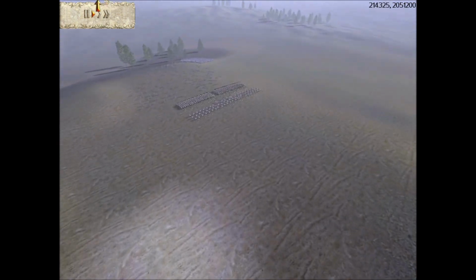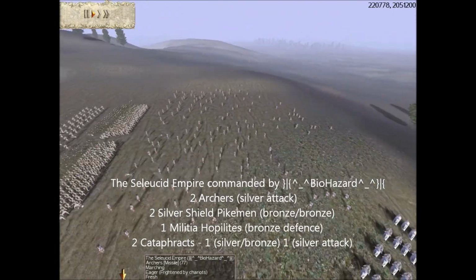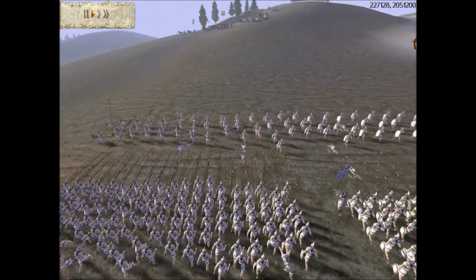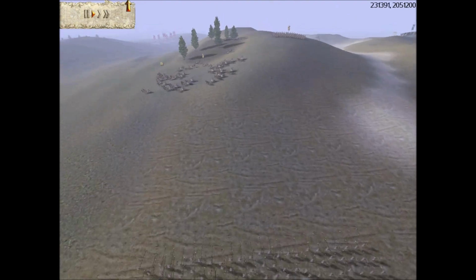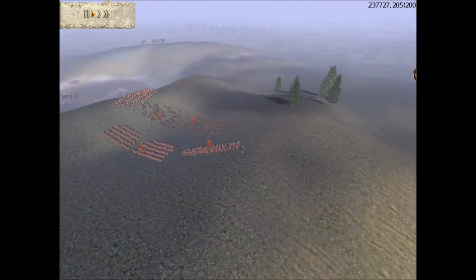He's going to be confronting the Seleucid player, who's got a unit of militia hoplites, 2 of silver shields, 2 units of archers, and he's also got 2 units of cataphracts. I can't see his upgrades because I'm too far away from him. So yeah, you see the Egyptian player firing his arrows. Over here is... oh yeah, sorry, that's the army of